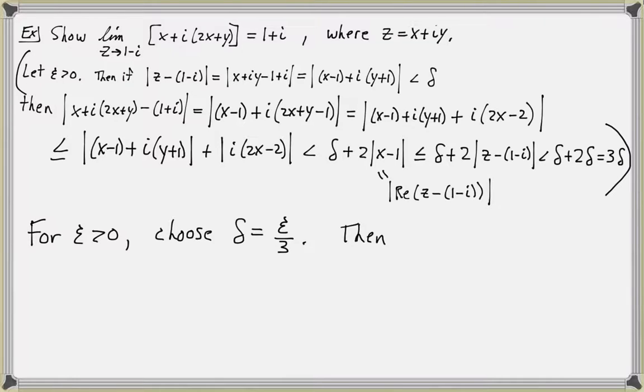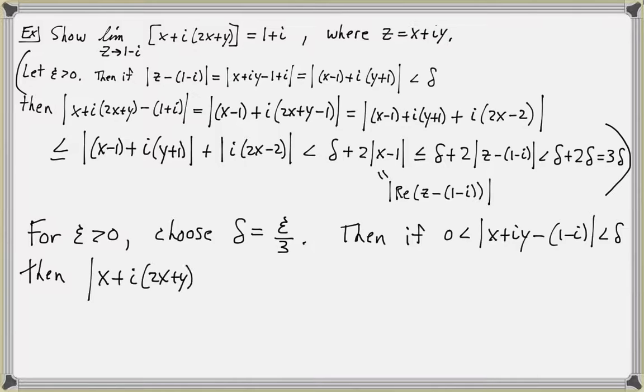Then from all of our work, we see that if the distance from x plus iy to 1 minus i is less than delta and greater than 0, then the distance from x plus i times 2x plus y to the quantity 1 plus i will be equal to the absolute value of x plus iy minus the quantity 1 minus i plus 2i times